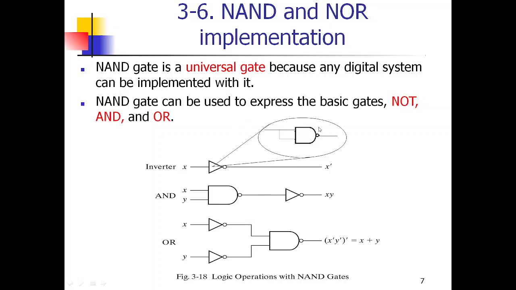So this NOT gate can be represented like this, and the AND gate can be represented like this. That is an AND gate, and after that this is a NOT gate. This becomes an AND gate. So you can have a doubt: we are having only a NOT gate here, how does it become a NAND gate? So this NOT gate can be constructed like this. Using this, we can have this NAND gate.